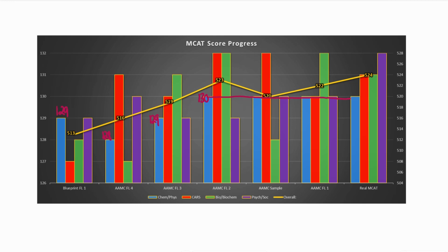But something that you notice here is that at some point I start scoring basically the same. So I got 129, 128, 129, and then I start scoring a 130. And I pretty much maintain that 130 for the last 3 tests that I take and the real MCAT. And that's not entirely an accident. So essentially what happened was that I looked at my score right about here when I was getting these 130s,